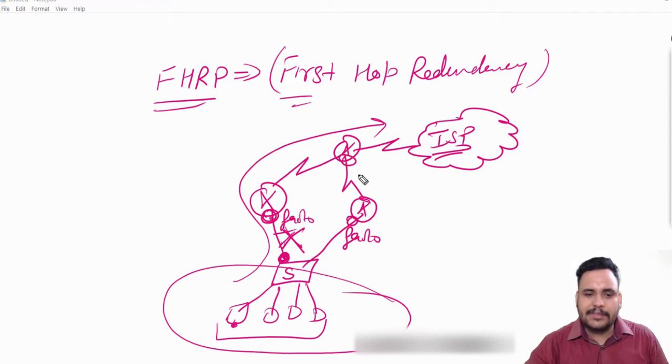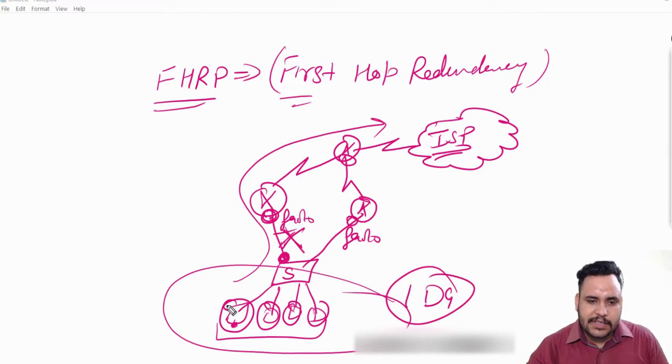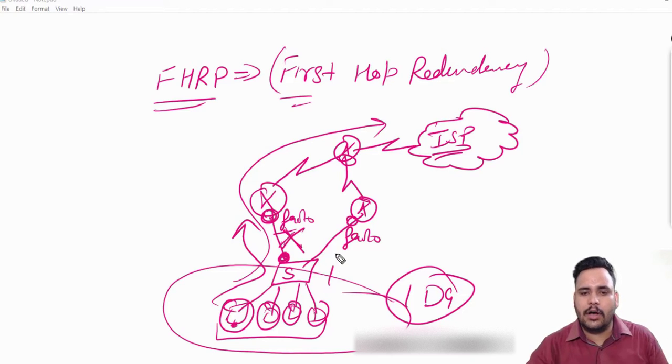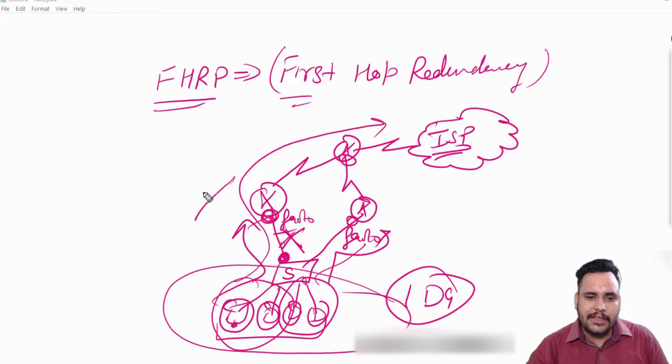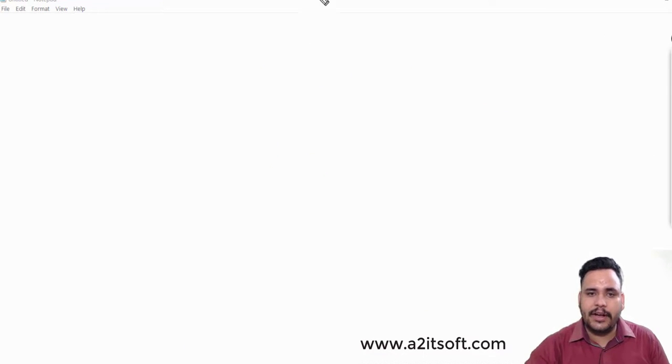But the problem is, on our PC I can put only one default gateway. So this gateway can be this one, or it can be this one. For example, two PCs have this gateway, and two PCs have the other gateway. If this router goes down, then these two PCs are not able to connect with the ISP through this router automatically. So in the concept of First Hop Redundancy Protocol,